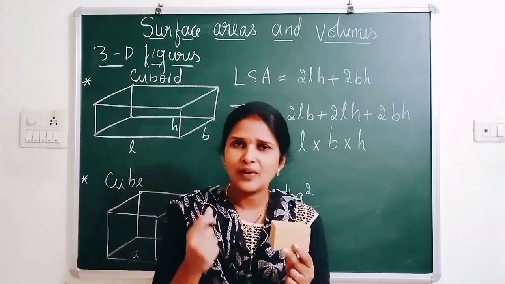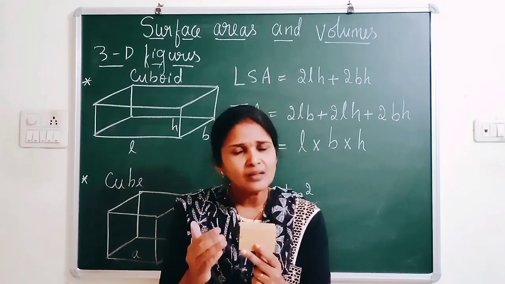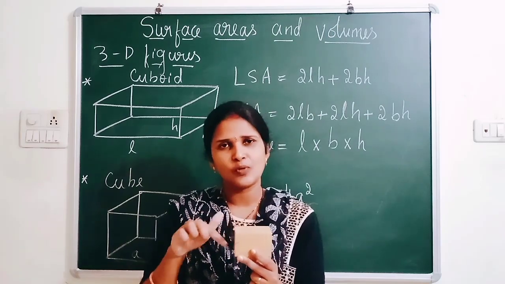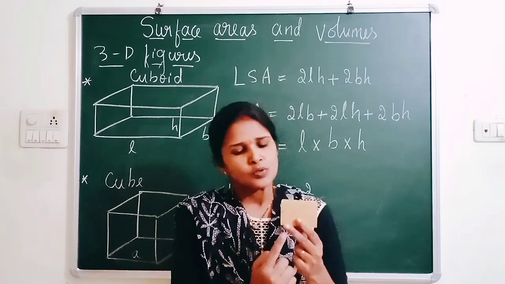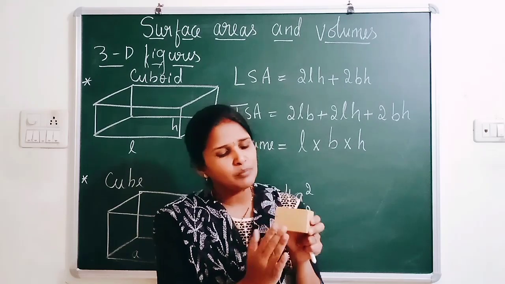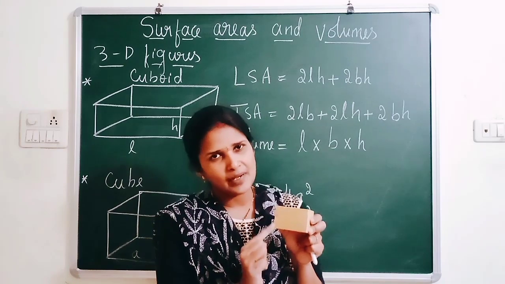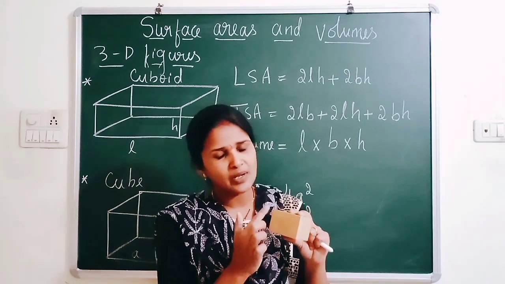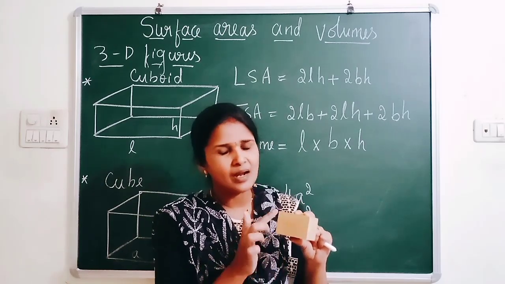As you know, the area of a rectangle, all faces of this cuboid are rectangles. So to get the LSA of the cuboid, I should add the area of all these four sides. Here I have one square, but in general, every square is a rectangle. Here this is the length, this is the breadth, and this is the height. Now let me take the area of this face. What is this? Length into height, LH, and the same for this face, L into H. There is no breadth in this face, so there are two dimensions, one is length and one is height.